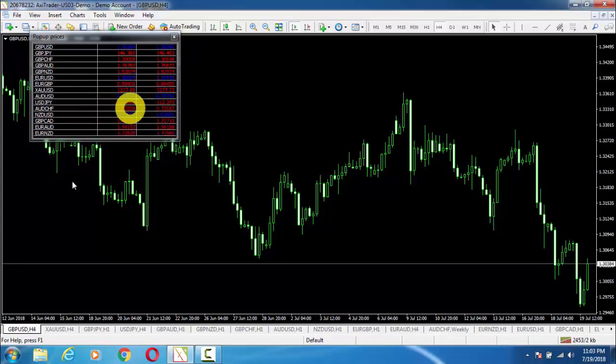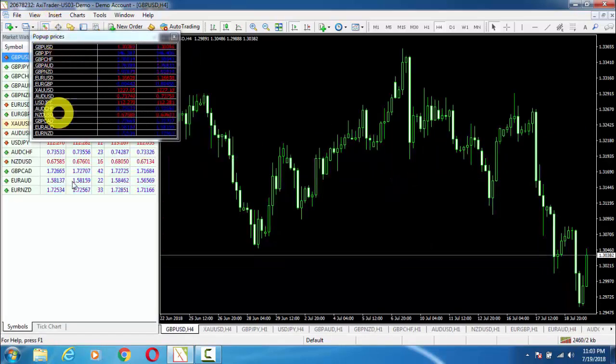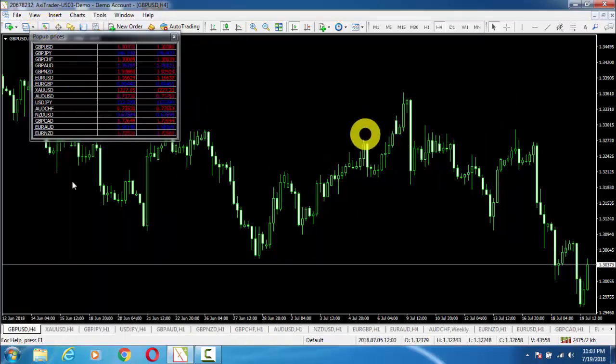So this pop-up prices window is used when you are trading on different pairs and you want to take a look at the prices of different pairs, just by opening another chart. So here we can see that also.